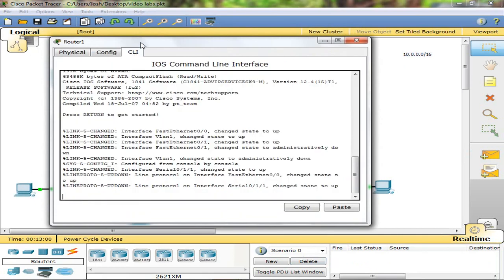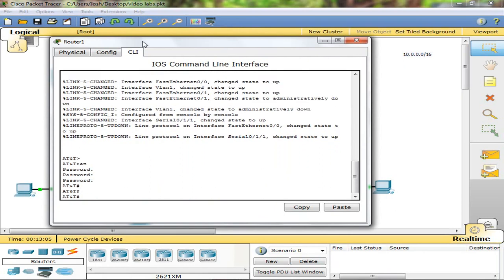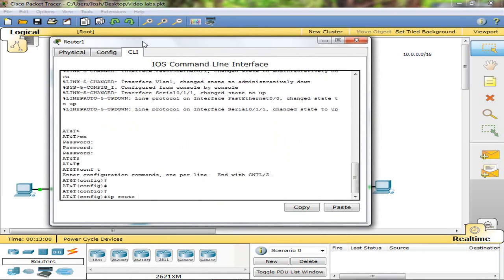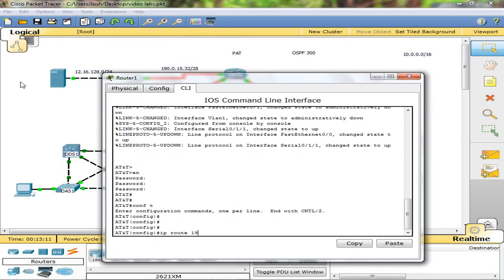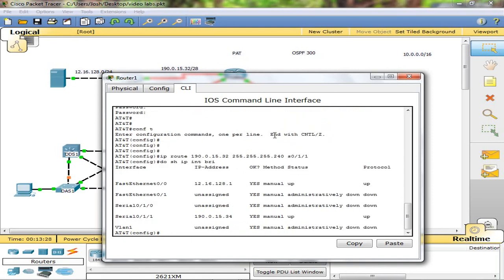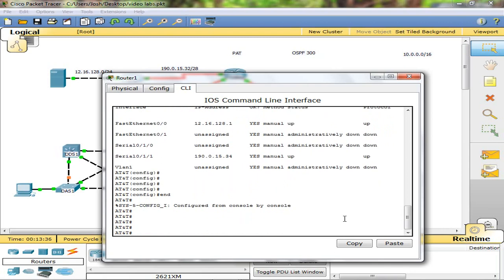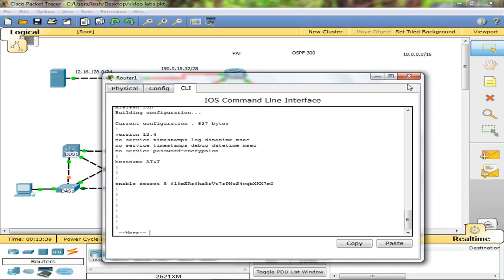And what does AT&T do? AT&T is going to do this. They're going to go into config t. They're going to do ip route 190.0.15.32 255.255.255.240 because it's a /28, and they're going to send that out serial 0/1 because that's how they're connected to us. Okay, so they have a static route to us now,